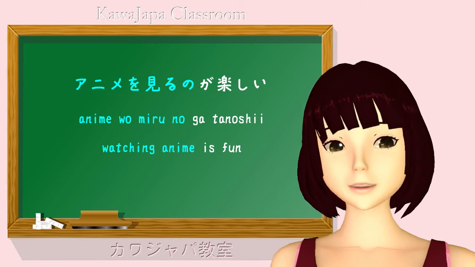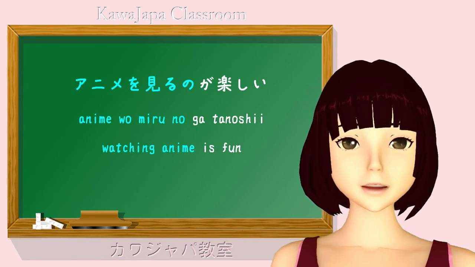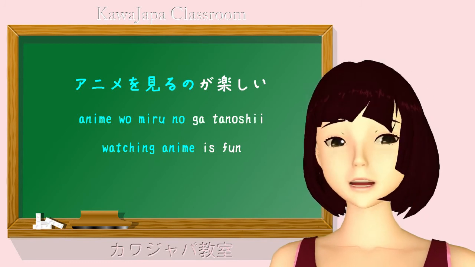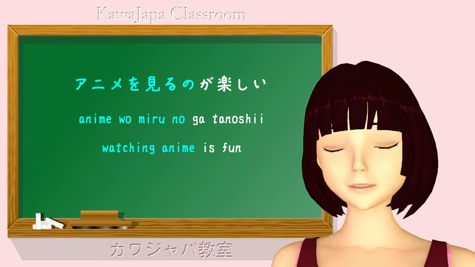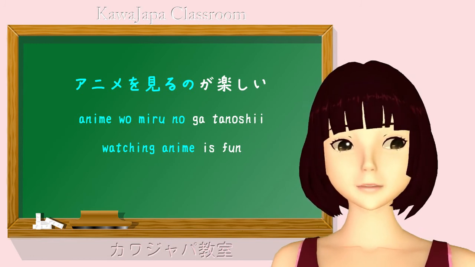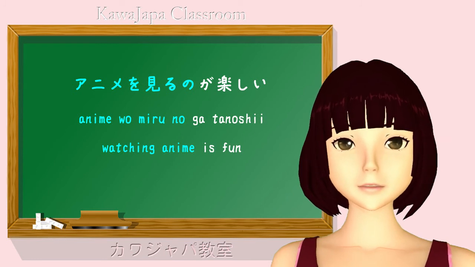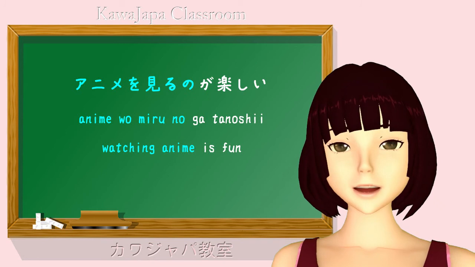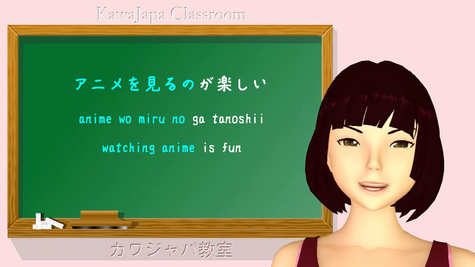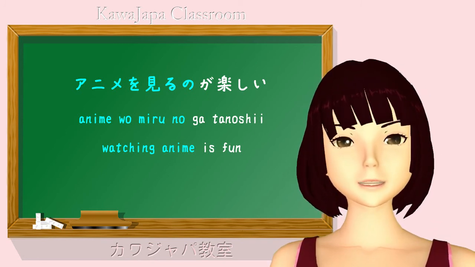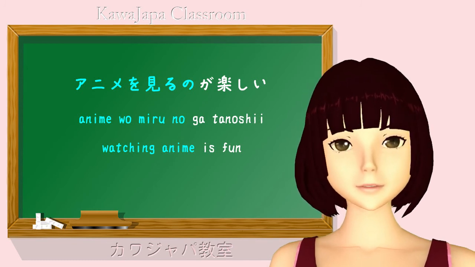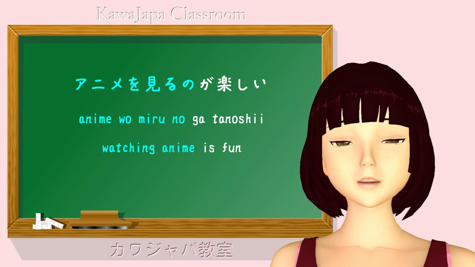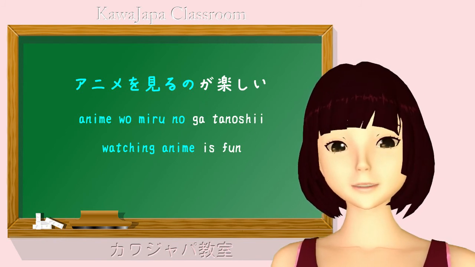To watch anime is an activity, but watching anime, in the sense of I like watching anime, that's turned into a noun. Anime wo miru no does exactly the same thing. And what the textbooks tell you is that you have turned anime o miru into a noun, just as watching anime is a noun in English. And once again, that's not quite what's happening. We're trying to describe Japanese as if it were English. Actually, no is working as, or strictly concealing, a pronoun.